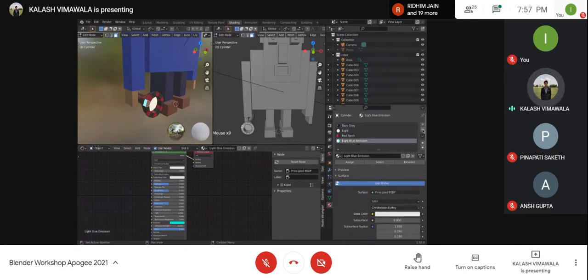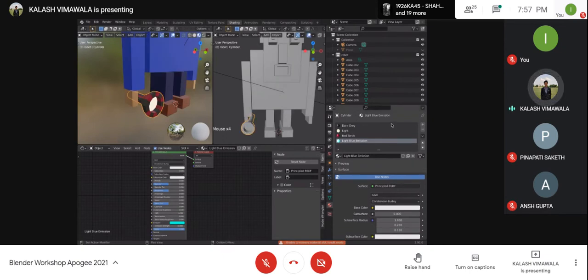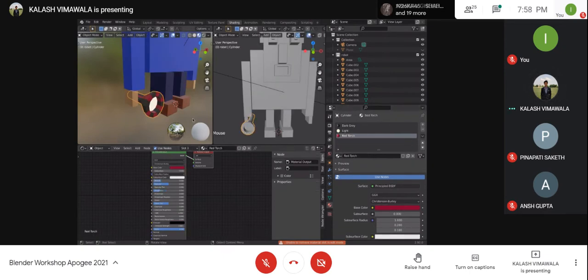Okay, so I'll delete the light blue emission shader for now. Since it is being used, I'll have to first go into this, and it's unable to remove because it is still being used. So I'll just assign dark gray to the face I'd selected earlier on and now delete it. Since it is in edit mode, I'll now delete it, and there you go.